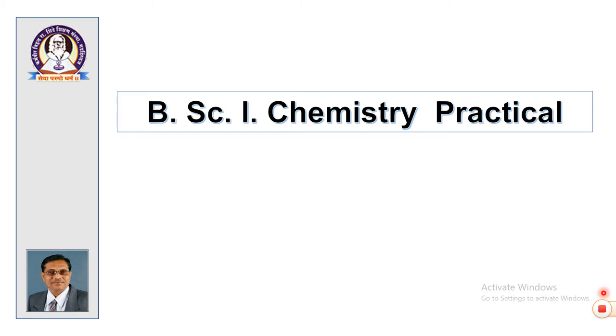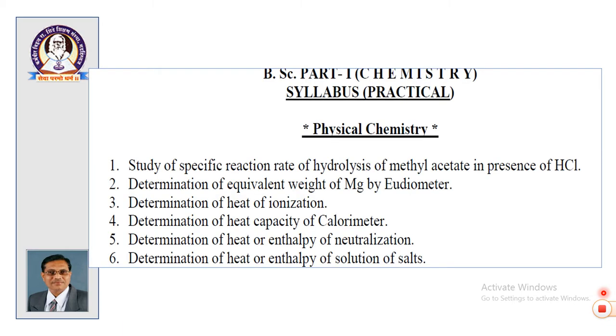From BSc first year onwards, the practical will be a separate section and there will be separate passing for practical section also. So, mind well, there are 4 subjects for you for the first year and there are relevant practicals. So, you have to pass separately for these subject wise practicals. As far as the syllabus of BSc Part 1 choice based credit system is concerned, the